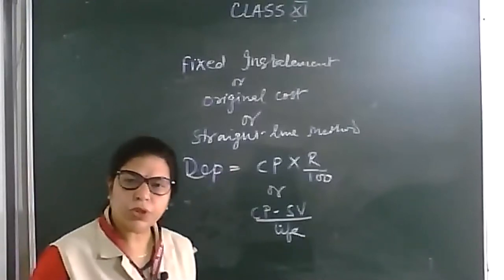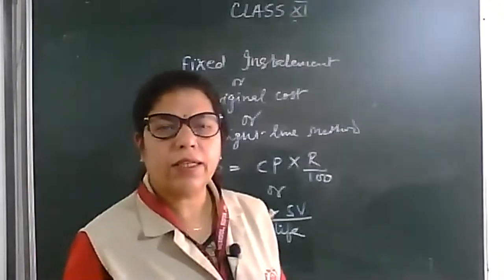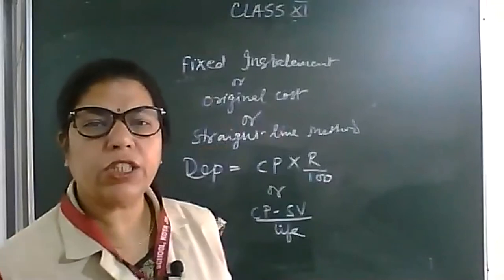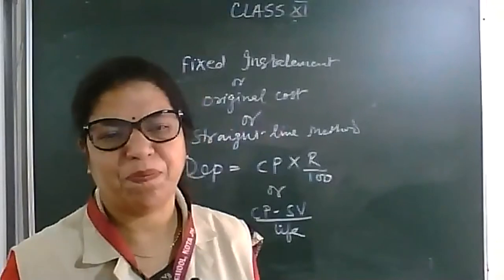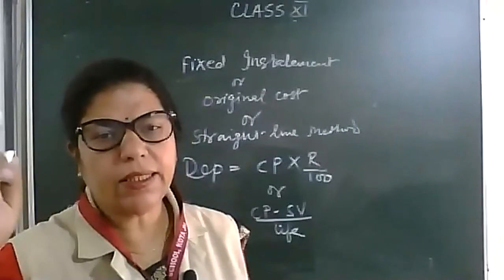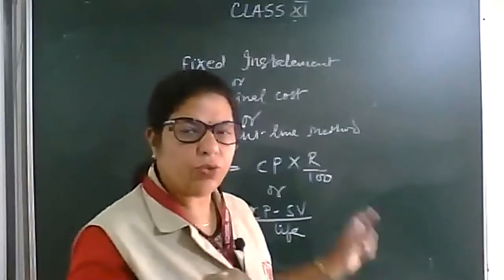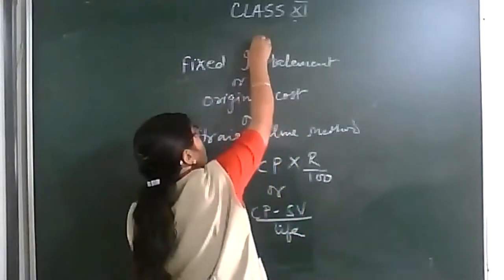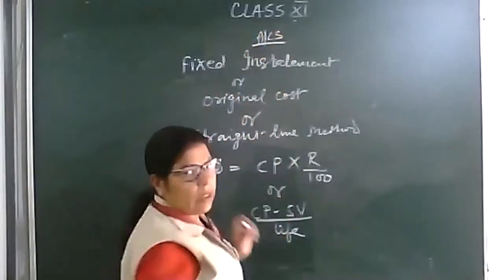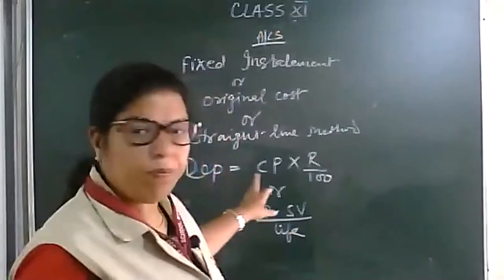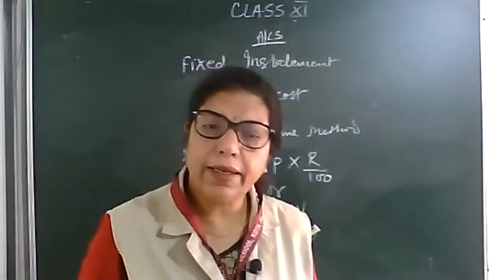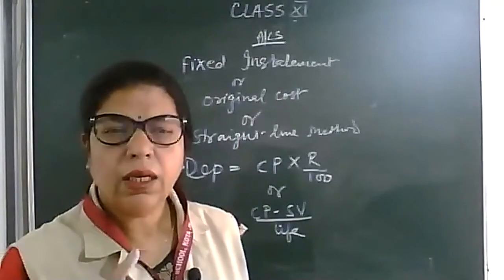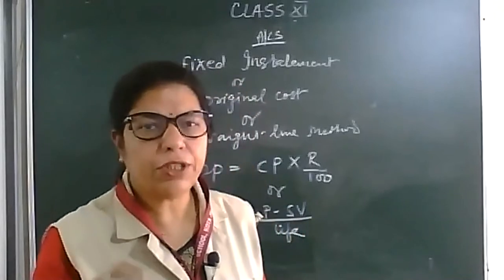And one more thing I want to discuss: in the fixed method or straight line method, the amount of depreciation will remain the same throughout the life, and at the end the value will become 0 in this method. And the second method is the reducing balance method,